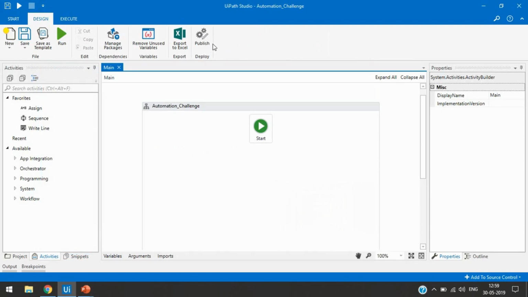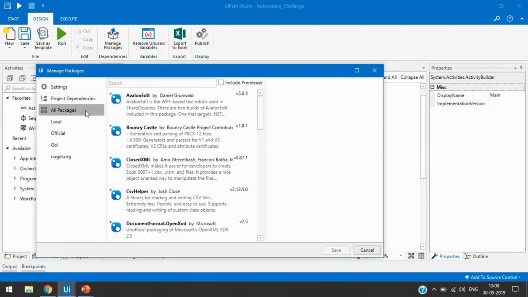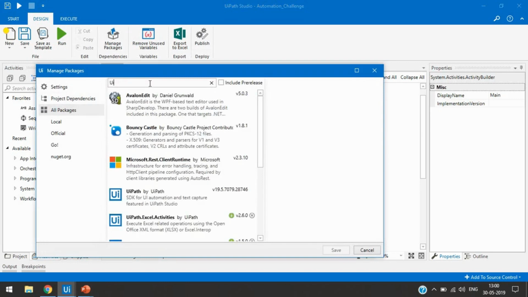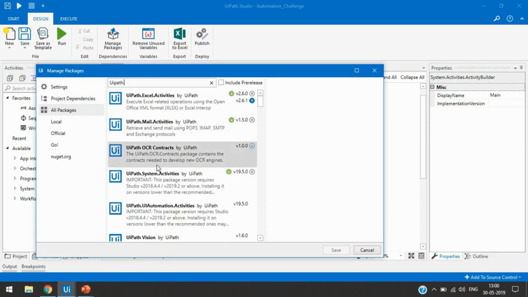Whenever you are not getting the UI Explorer tool in your UiPath Studio, you can go to Manage Packages. Click on All Packages and search here for UiPath.UIAutomation.